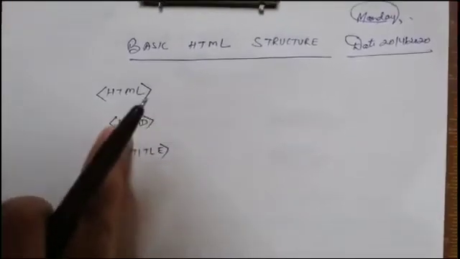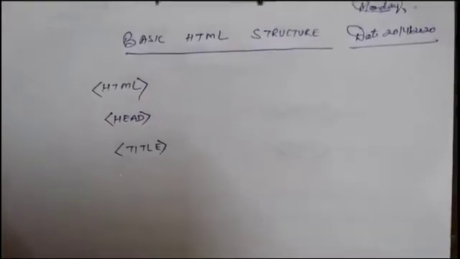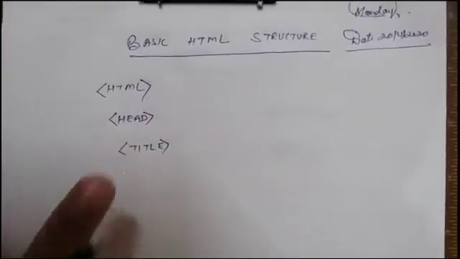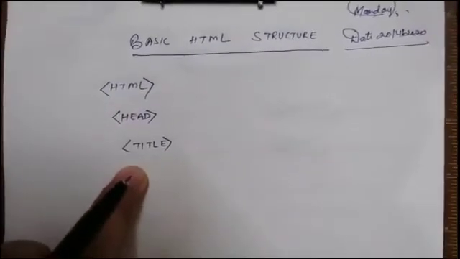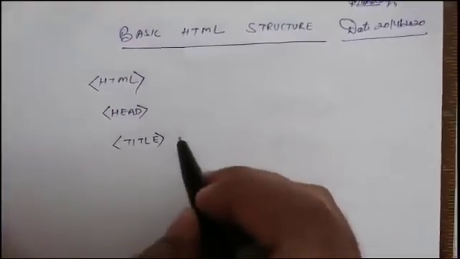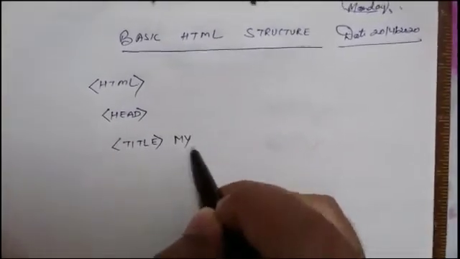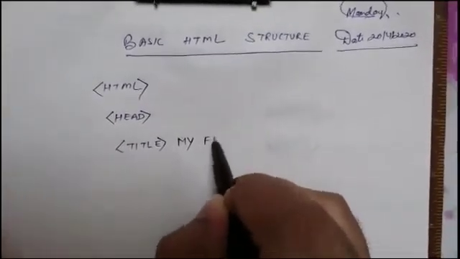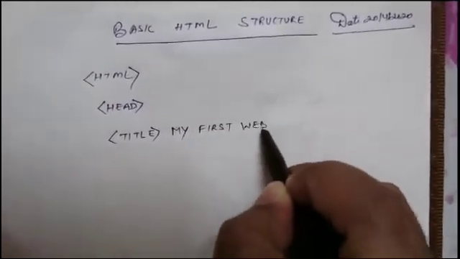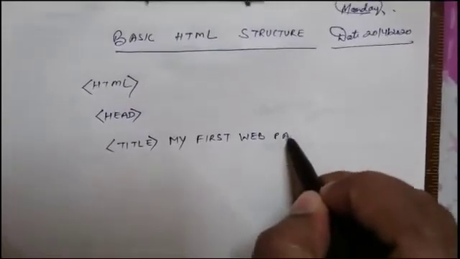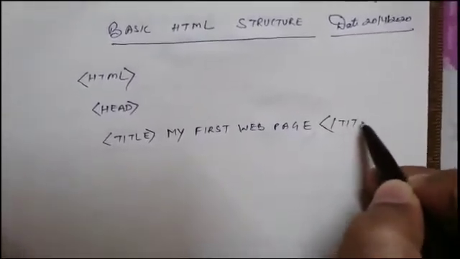For the time being, just remember that this head will not contain any other contents, means text or image, nothing, only a title tag, and this title contains the title of our page. Like I am here writing my first web page. Now then we will end